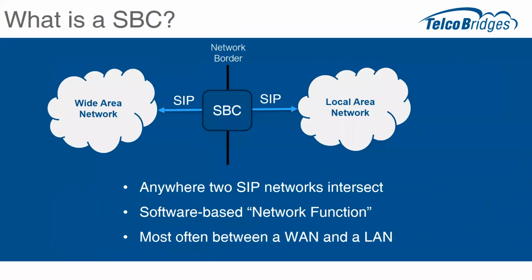So let's move on and talk about session border controllers. In last month's session, we introduced them in more detail, but just a quick summary: a session border controller is a network function that sits at the edge between two different SIP networks. This particular example might be the wide area network on the left and the local area network on the right. One or both of the networks would have a session border controller providing this network function, mostly protection for that particular network.